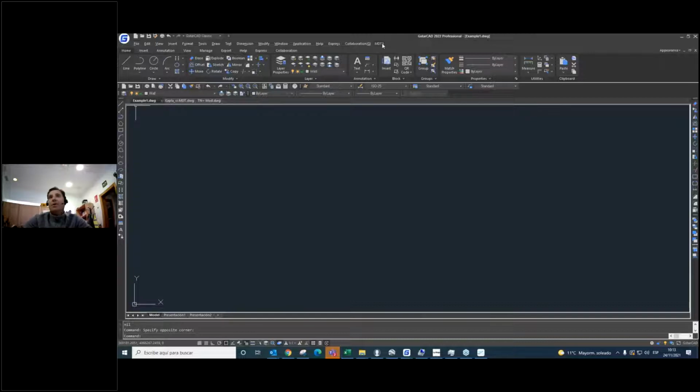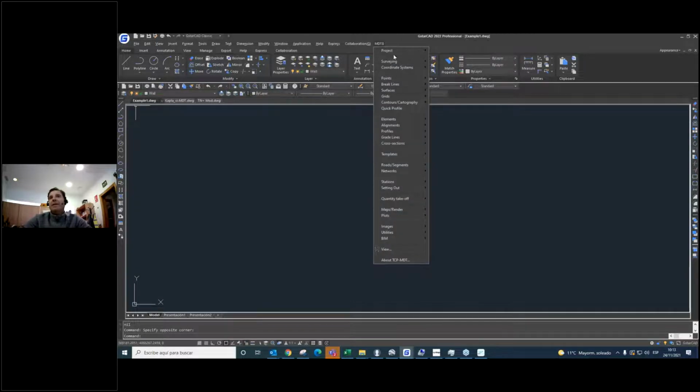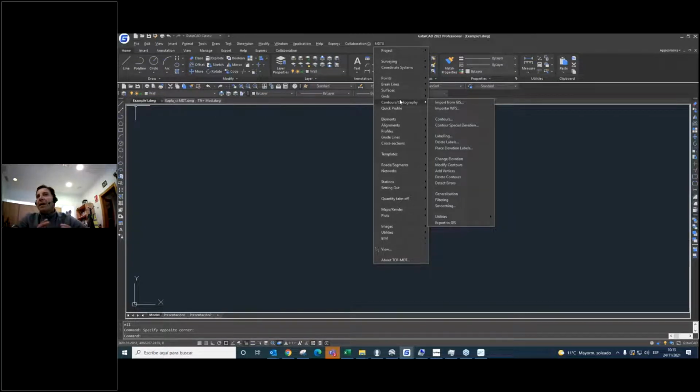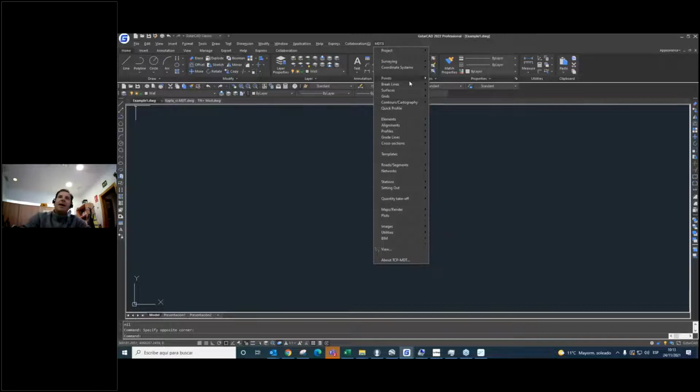First of all, I'm going to show MDT is an application that works in CAD like GstarCAD. So mainly, the first thing, only to think that it's composed of two big modules.